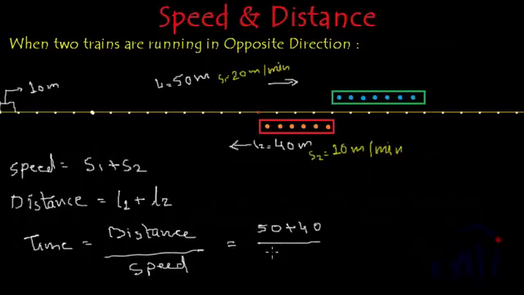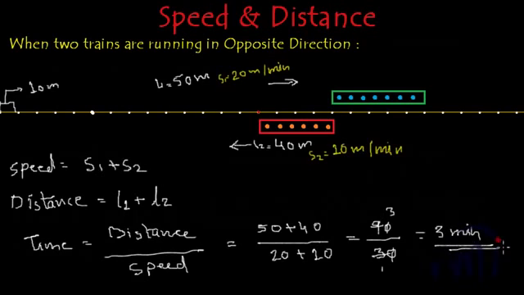So it will be (40 + 50) / (20 + 10). 40 plus 50 is 90, 20 plus 10 is 30, zeros will get cancelled, 3 ones are 3, 3 threes are 9. So it will take 3 minutes for these two trains to cross each other completely. So this was just the concept,